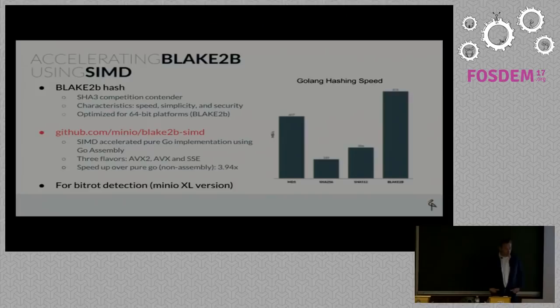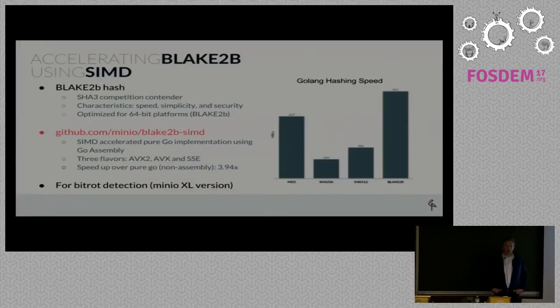So we developed a repository using the SIMD instructions to accelerate the BLAKE2b algorithm. And actually, we did it in 3 flavors. There's an AVX2 implementation, which is the fastest. Then there's an AVX, and then there's an SSE implementation. So depending on what your CPU supports, the highest level of SIMD instructions that is supported will be used. But overall, we were able to achieve close to a 4x performance improvement over the high-level Go